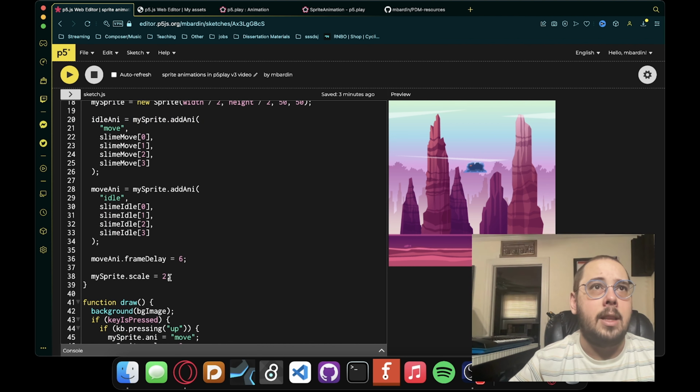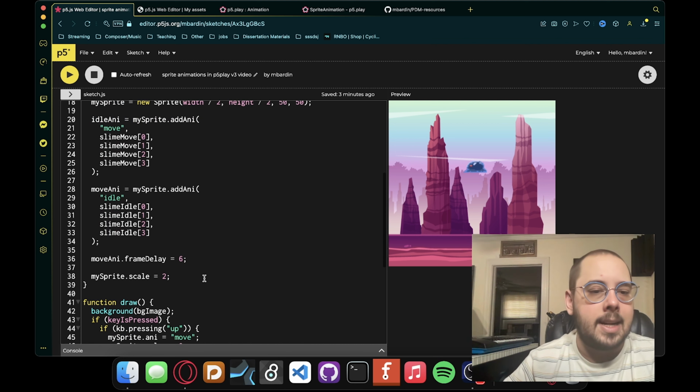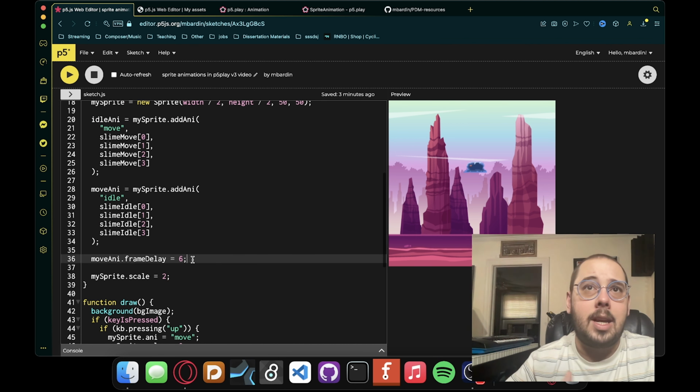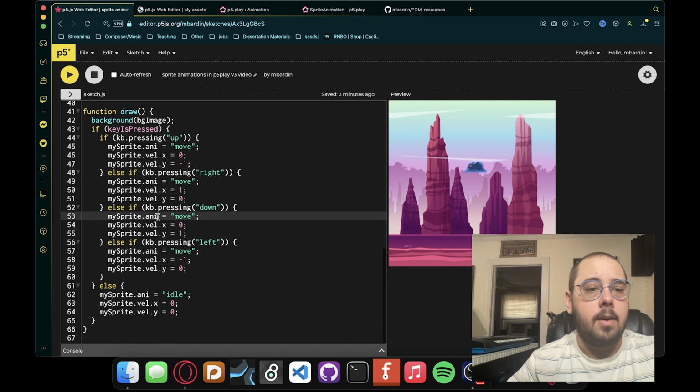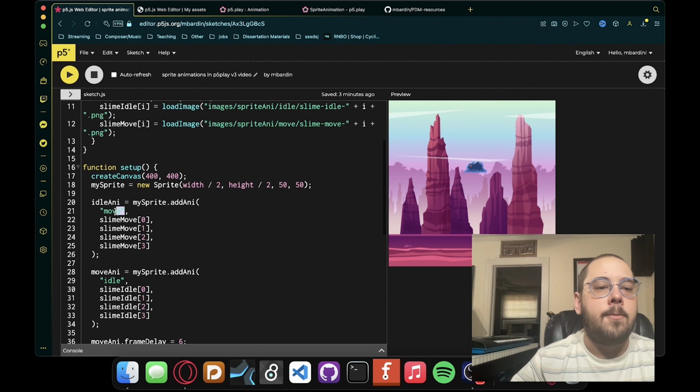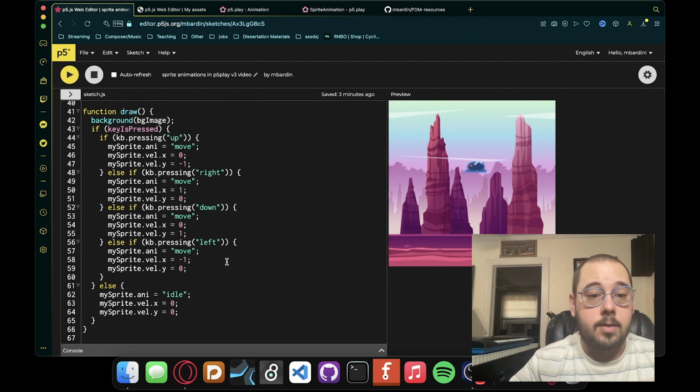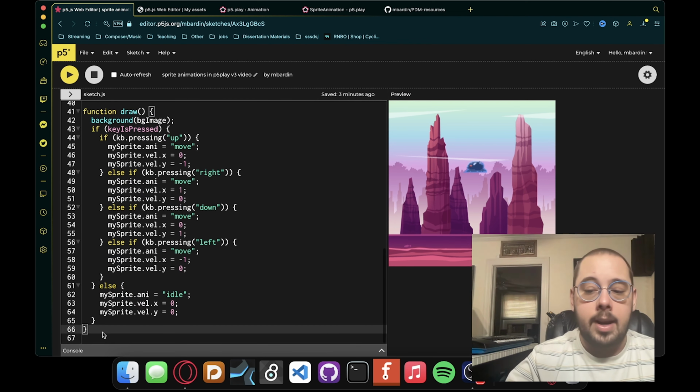I then made the sprite a little bit bigger, because the sprite gets resized and everything. We can adjust the properties of each animation individually as needed. And then we can set the ani property to be the name of these animations that we gave it when we first made it, as a string, in order to swap it. So again, just to briefly reiterate, if I said,